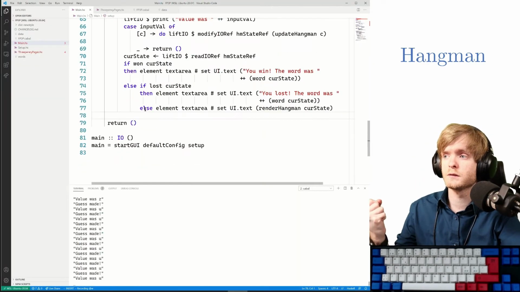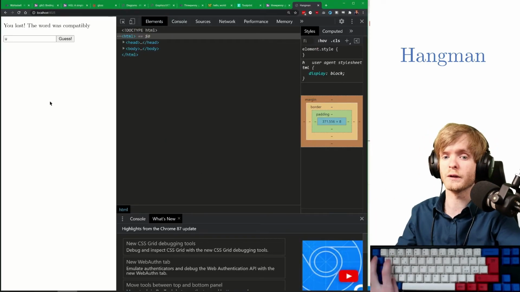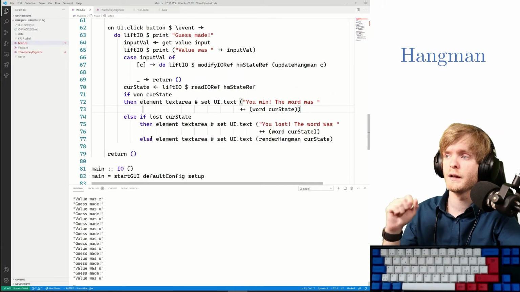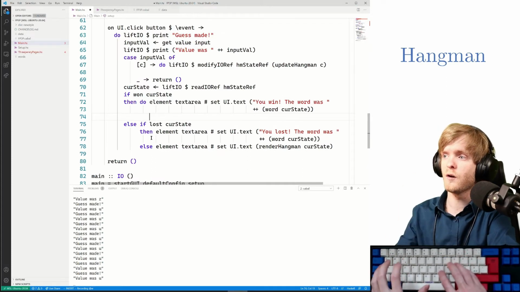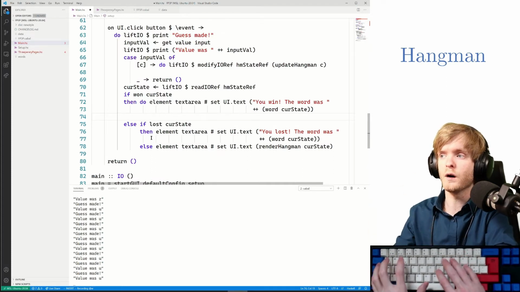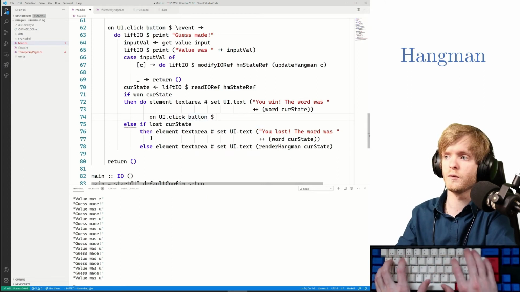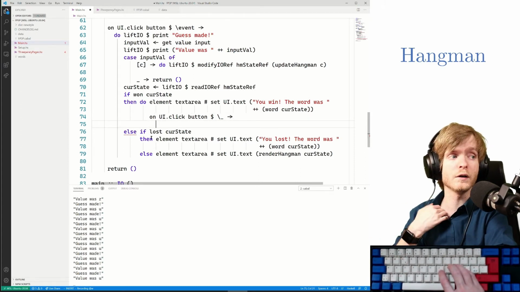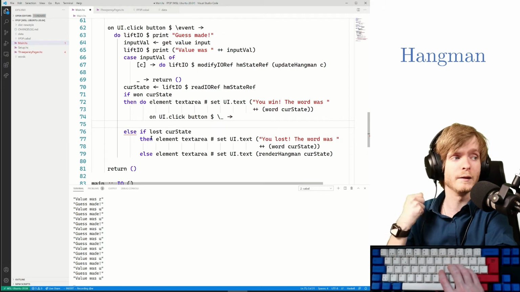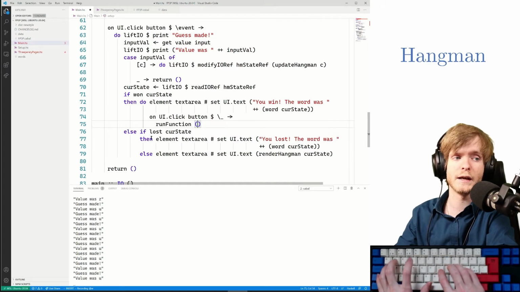And well, how do we do that? Well, we can't do it here, right? Because that's like a user action. The user says, I want to reload the page. So what we have to do is that we have to add a JavaScript function that does it. So now we will say, okay, if we won, then we will say on UI.click button, and then we take the action, but we don't care about it, and we say, okay, we want to run a function. So that's possible here in the 3-pane GUI by saying run function, and then we have to say FFI